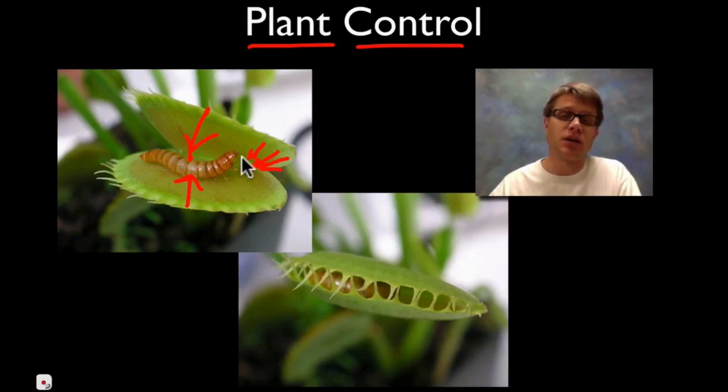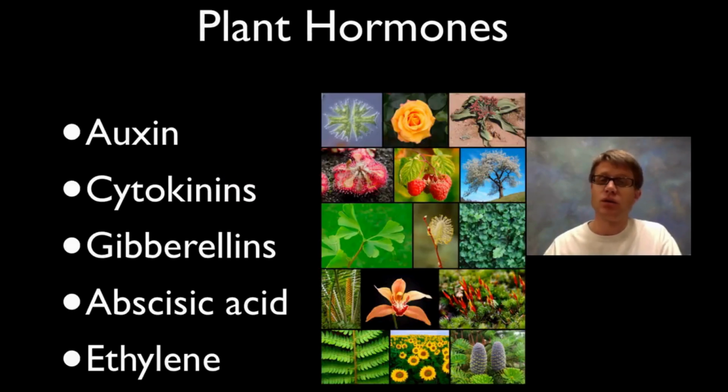Venus flytraps live in an area where there's not a lot of nitrogen in the soil. It's kind of a swampy area. And so they're still doing photosynthesis, but they're eating these bugs just to get nitrogen that's not really available in the soil. And so if they don't have a nervous system, if they don't have muscles, basically what they're using is similar to our endocrine system. They're basically